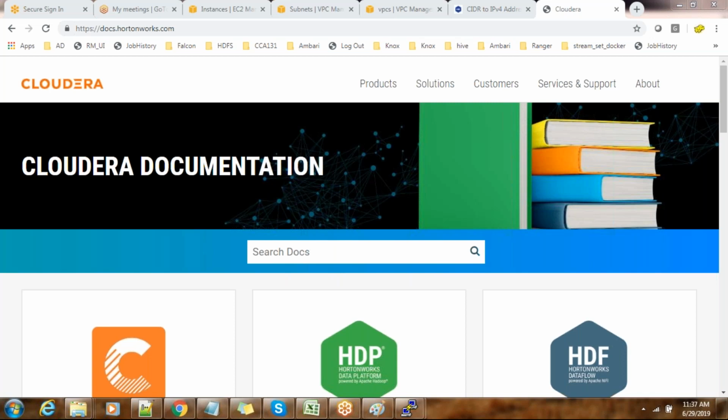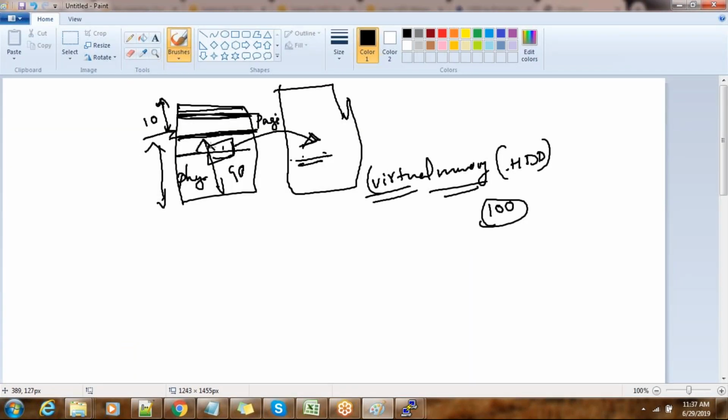As I said, the pages, right? I explained this when we were discussing memory paging. We have physical memory and virtual memory. Virtual memory we call swap. Whenever the physical memory usage reaches a certain threshold, that is controlled by vm.swappiness. The recommended vm.swappiness is 10. That means whenever 90% of the memory is full, it starts using swap, or virtual memory, whatever you call it. Sometimes people call it swap and sometimes virtual memory.